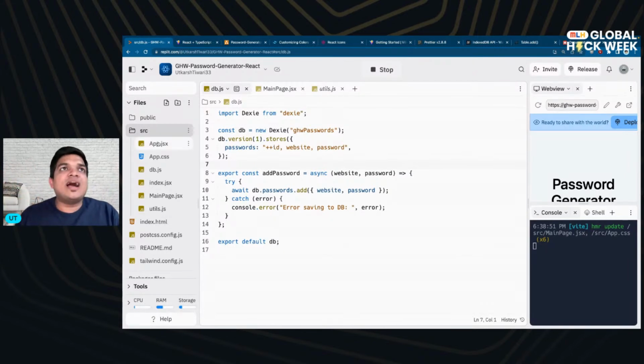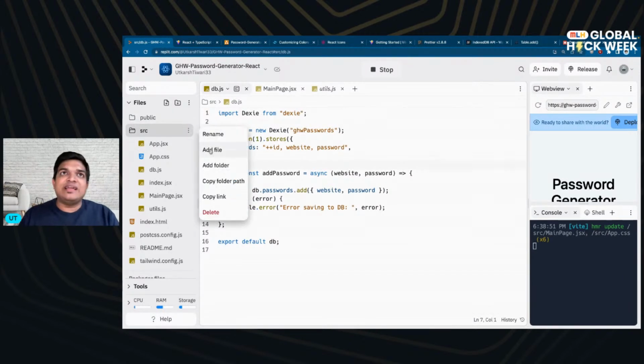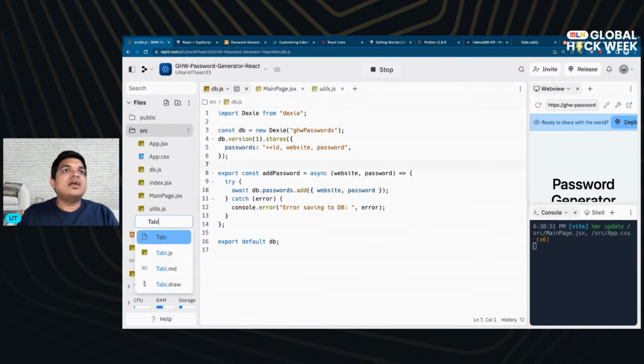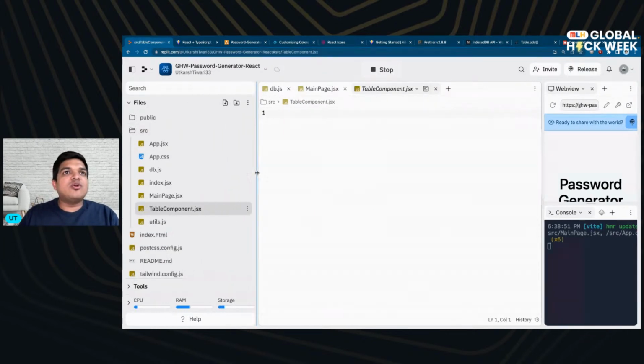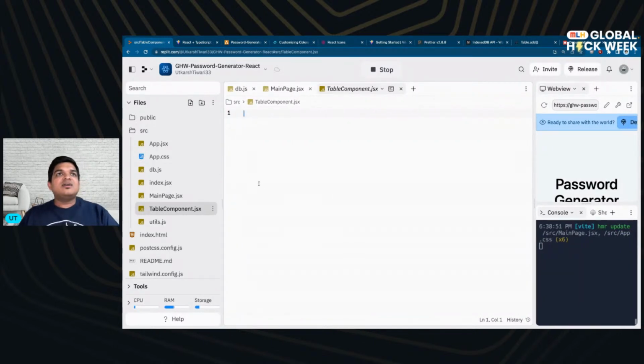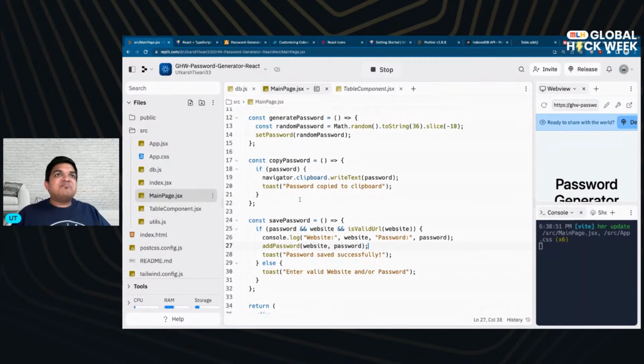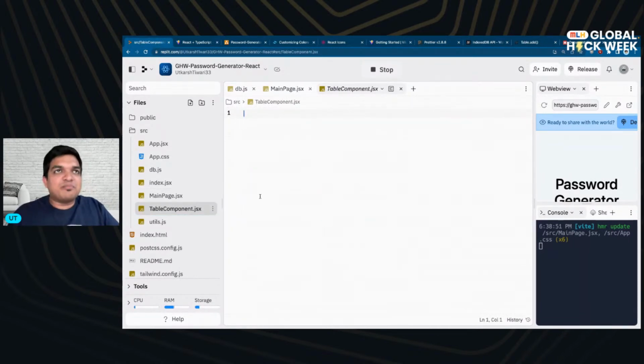So that is why I'm going to create another file, which I'm going to call a table component.jsx. I know, a bit long name, but just to give you an idea, why did I call this one a main page and this one a table component? You can call it anything that you want, definitely. But